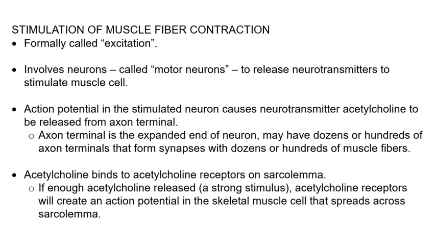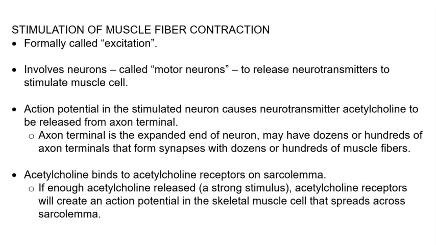The stimulation of the muscle fiber or the muscle cell to contract is formally called excitation. It involves neurons that are called motor neurons, which release neurotransmitters in order to stimulate the muscle cell. An action potential in the stimulated neuron will cause the release of a neurotransmitter called acetylcholine from the axon terminal